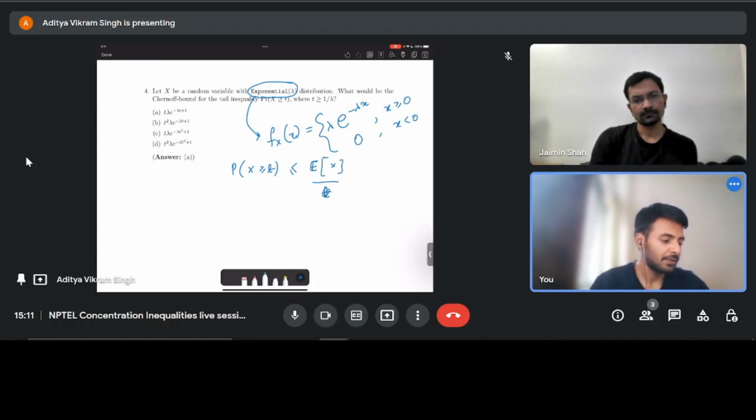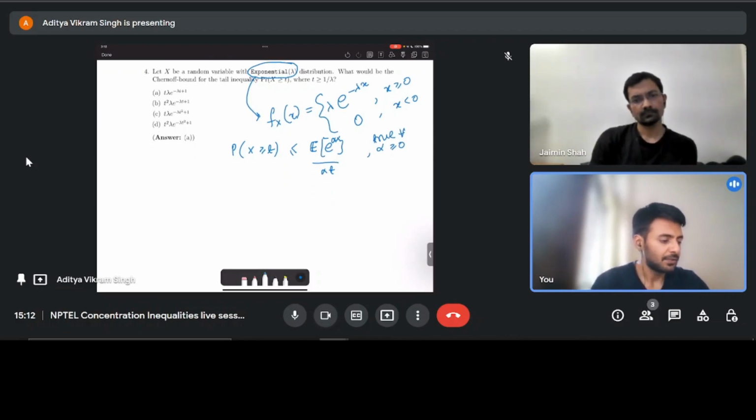Instead of that, we have e power alpha X by e power alpha t, where alpha is greater than or equal to 0. So this inequality is true for all alpha greater than or equal to 0. This is a Chernoff thing, and this is also written as e power minus alpha t